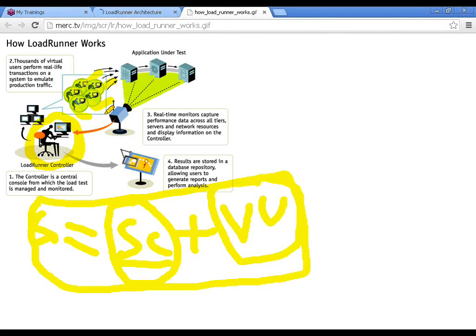We can't deploy thousands and thousands of users physically at a location and ask them to work on the same application. It involves a huge infrastructure cost, and it's practically not possible.